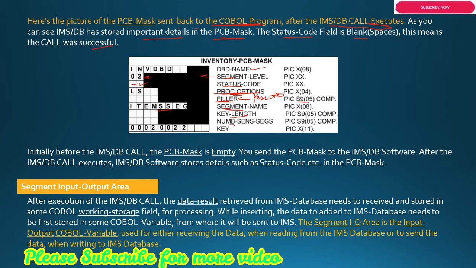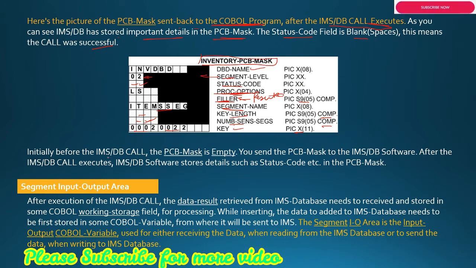Then the number of sensitive segments, meaning how many segments were processed for that entry, but it has a COMP value, so it will not be readable here. And then we have the key, whose length is 11 bytes, so it shows the concatenated key here. This is all the data of the inventory PCB mask.